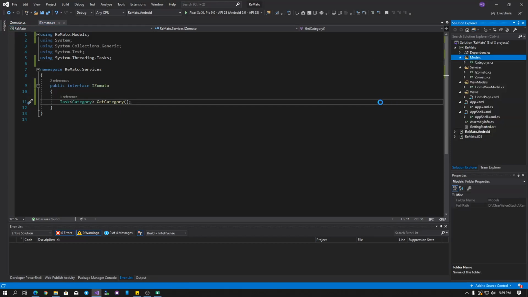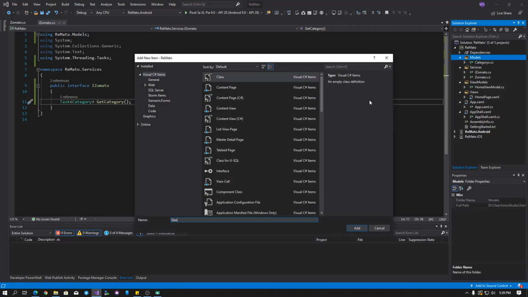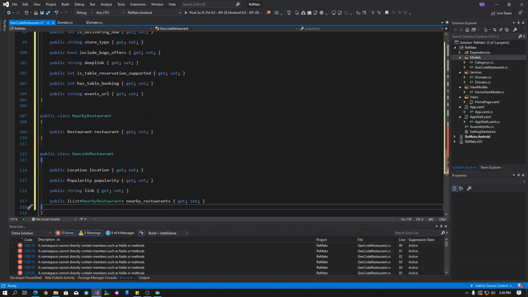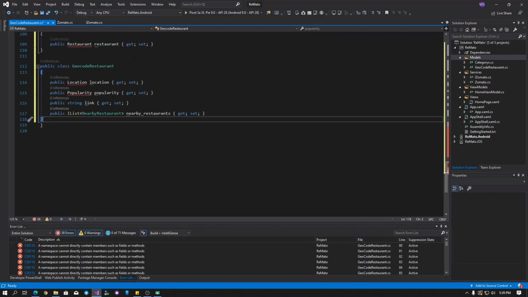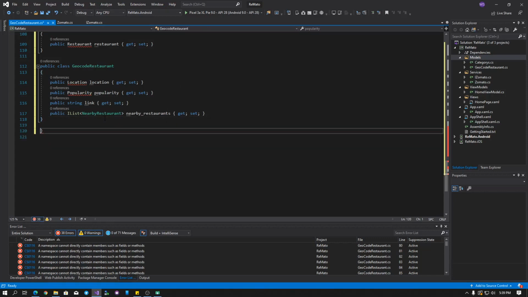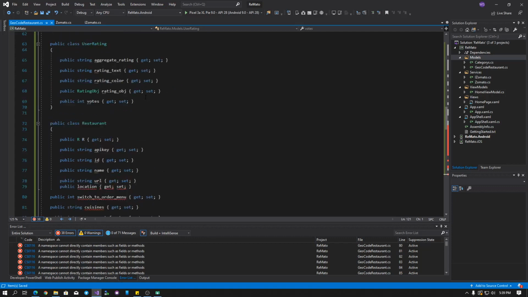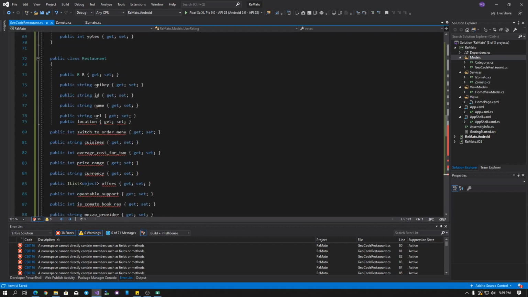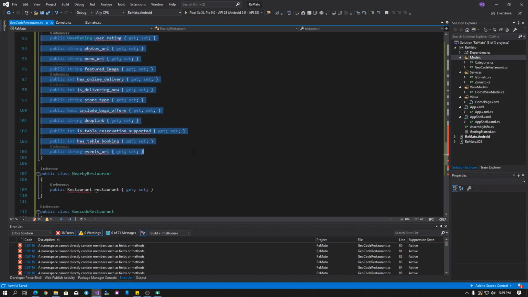Let's create a new model. View food restaurant, and I'm going to paste all of this. Right, so we have an error over here. Okay, let's see how we can fix it. Okay, as you can see, this is not a valid something valid. So what we're going to do is